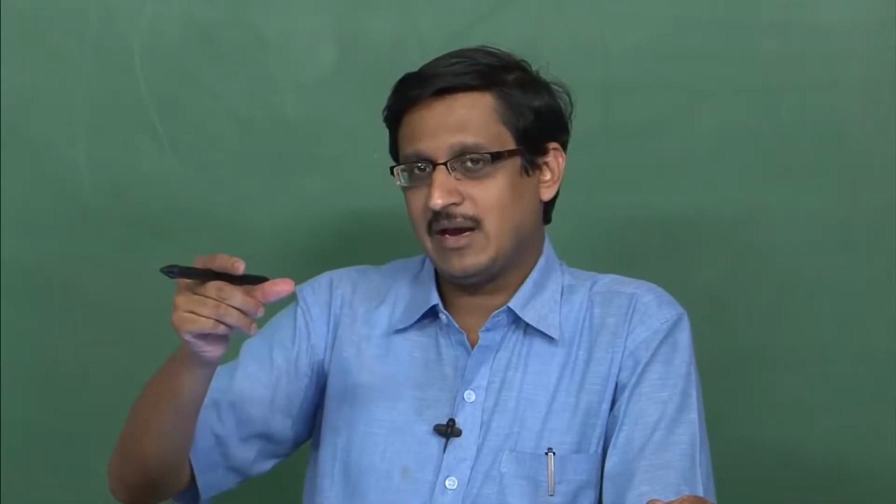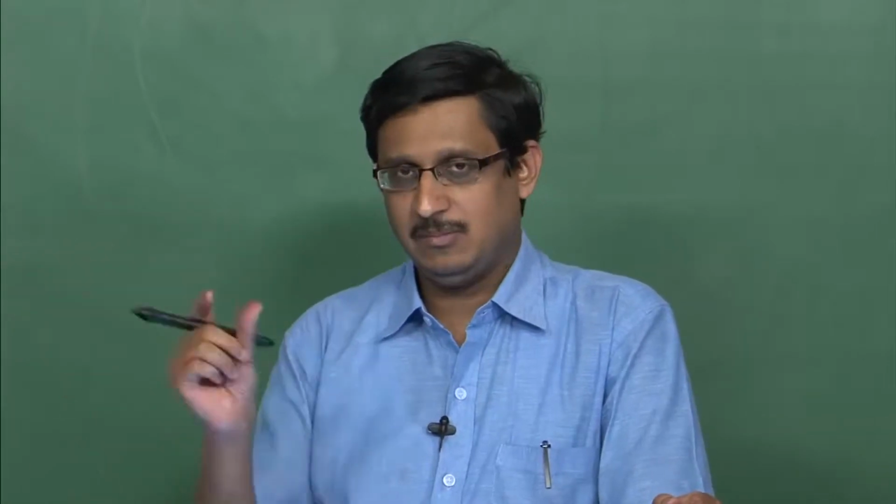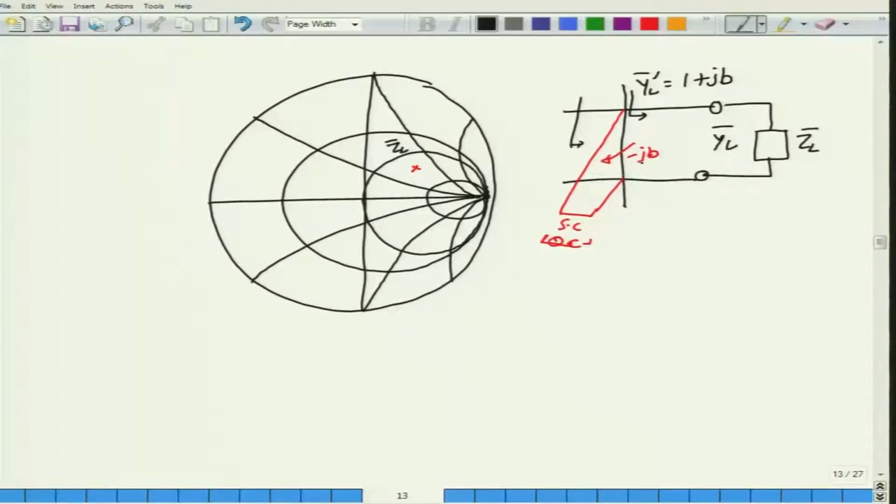Because of this parallel connection, I am adding admittances. In series the stubs add impedances, but in parallel they add admittances. So when I add an admittance of minus jB, the transformed normalized admittance will simply be equal to 1. That is, you have achieved the condition that YL bar is equal to Y0. The admittance seen looking at this point on the transmission line is equal to Y0, the characteristic admittance of the transmission line, and most importantly, you did not have to cut any transmission line.